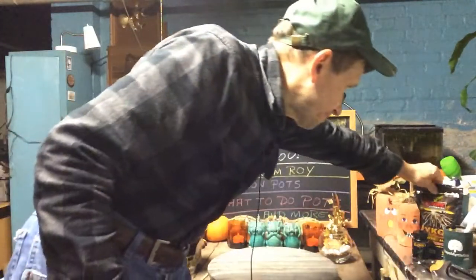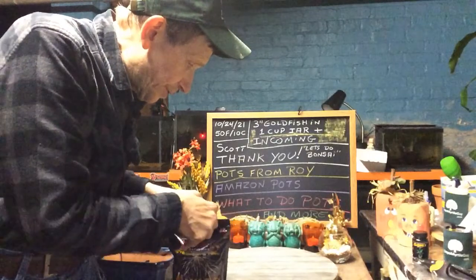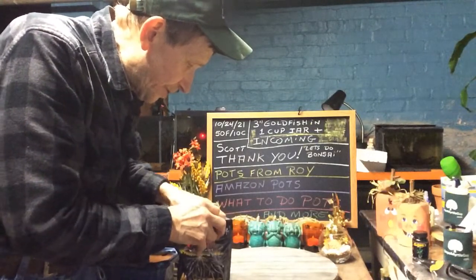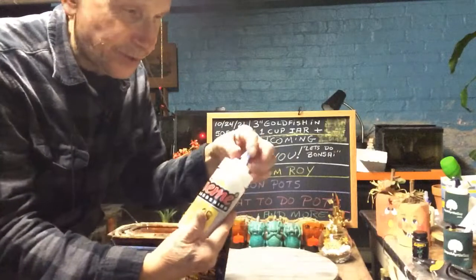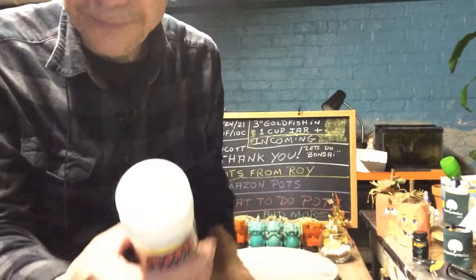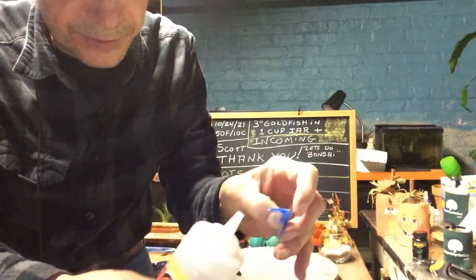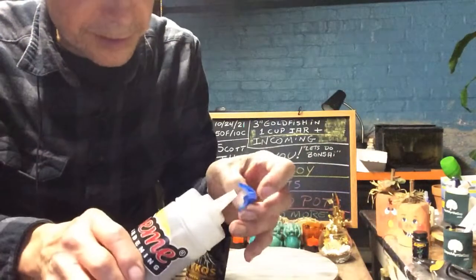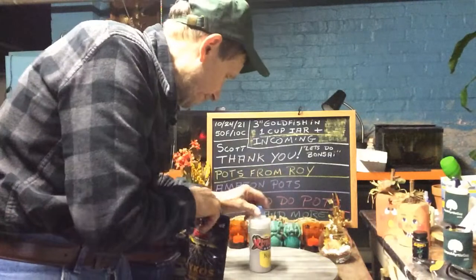Oh, one more thing. To make it easier to put in my mikus, I came up with something different. I just got to find a cap for this. I put it in one of these little mustard jars. You can see the hole. I cut the hole a little bit bigger so I can just squirt the mikus out. What I'm doing is keeping it in the black bag so it doesn't